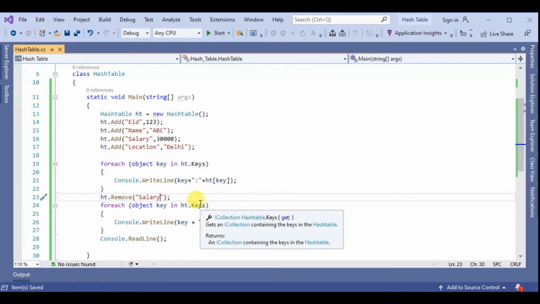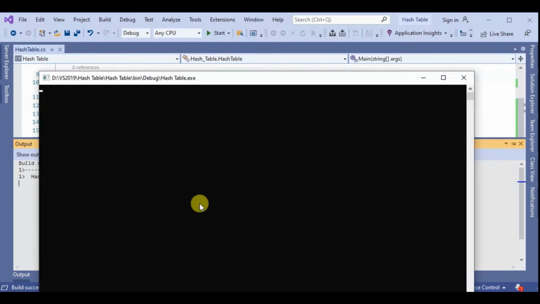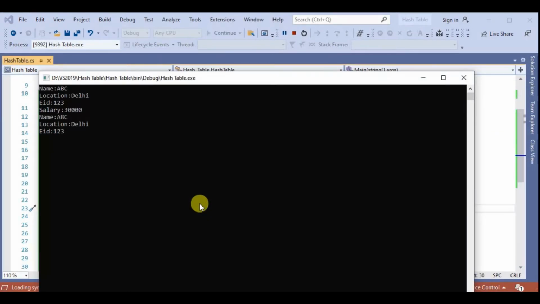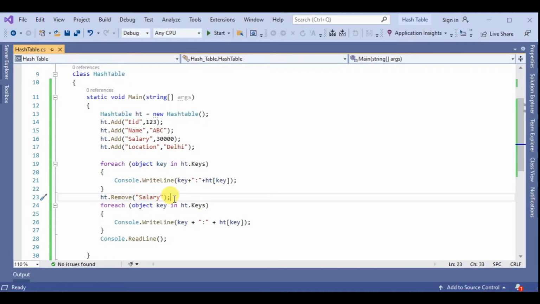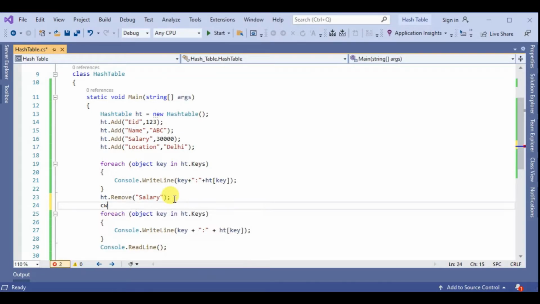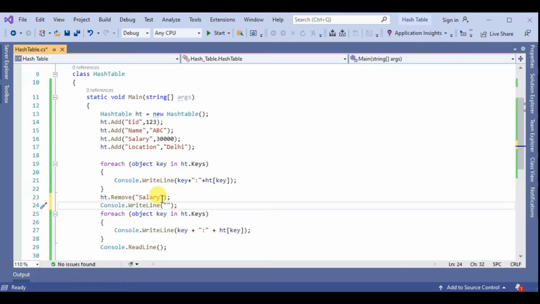Save, and F5. Okay, let's do one more thing here. Save and F5.